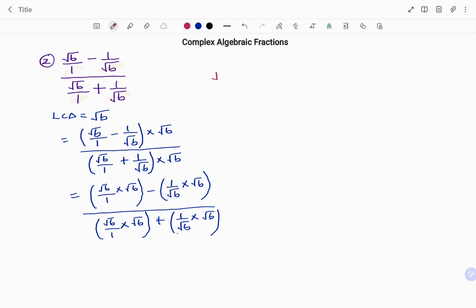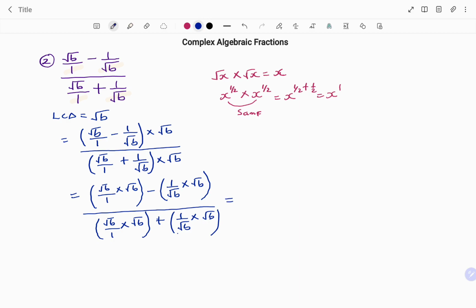Simplifying, we know that square root of x times square root of x will give us x, and we got that from applying the laws of exponent. Root of x is the same thing as x to the power of half times x to the power of half. Because the bases are the same, what we do is we add the powers. That's half plus half, and that will give us x to the power of 1. So therefore, going back to the